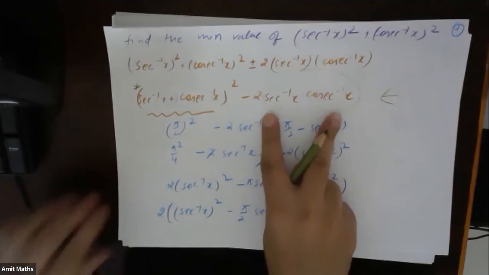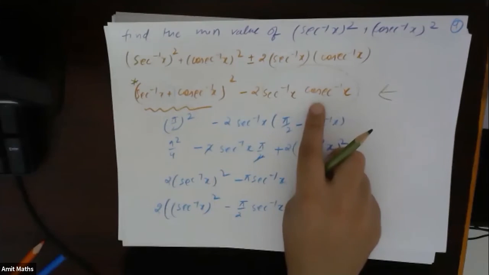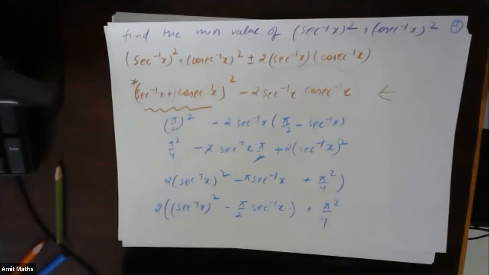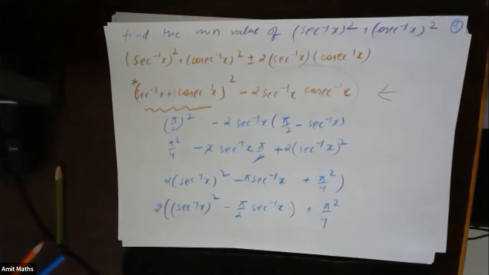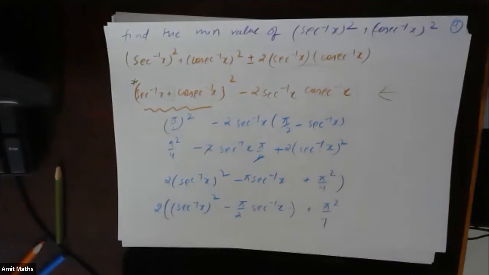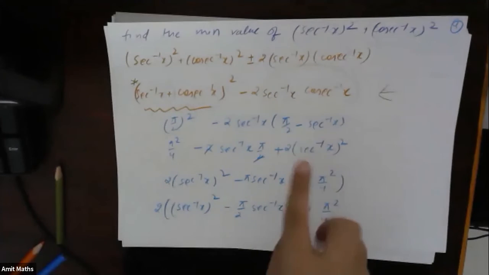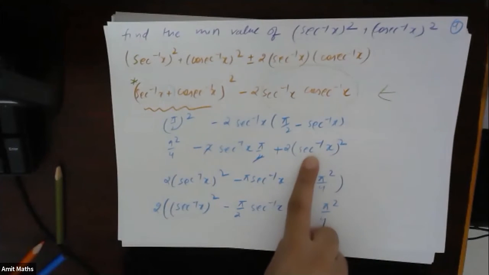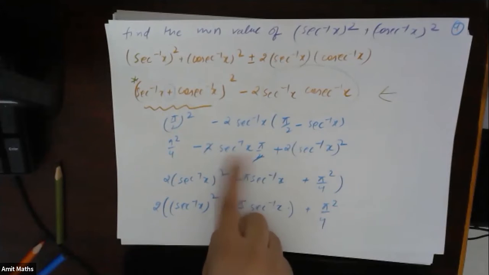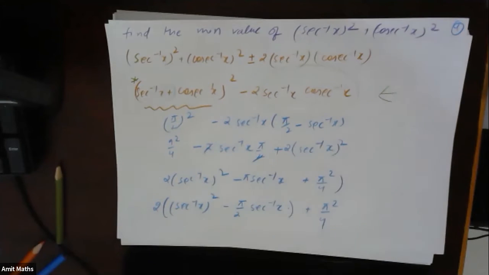Now what I have to do is, we know that this sec inverse of x and cosec inverse of x, we cannot deal with them when both are there. So we have to remove one of them. That means we have to convert one into another form. Now as soon as I said that, one into another form, I know that I will form a square. Again, sec inverse of x whole square, and this is sec inverse of x. Understood? So that is why I'm converting this again into a perfect square. So that is why I have to convert the perfect square into 2 times, right?